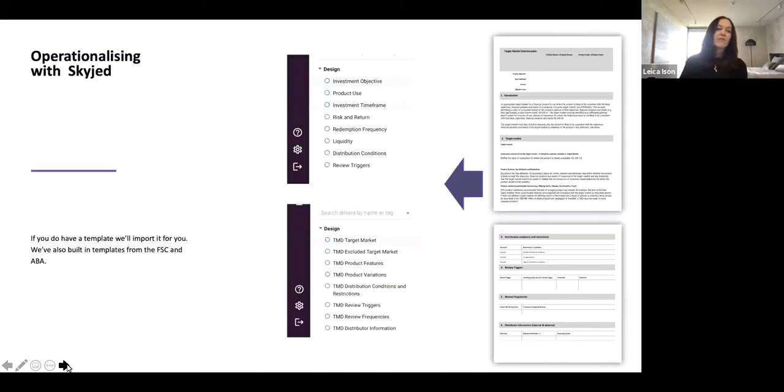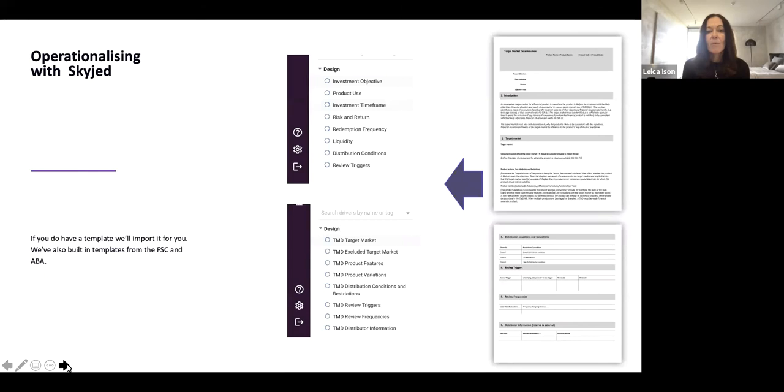That's just a quick overview of the components of the target market, some of the challenges we're seeing, and the benefits of kickstarting on that phase 0, using a framework or a hierarchy to set yourself up before you start documenting and monitoring those target markets.